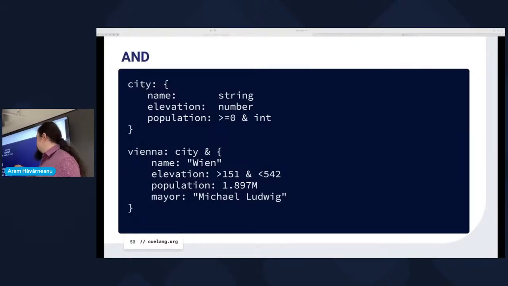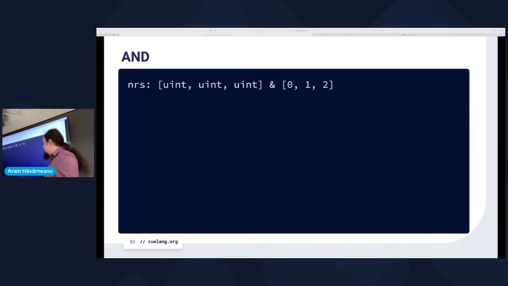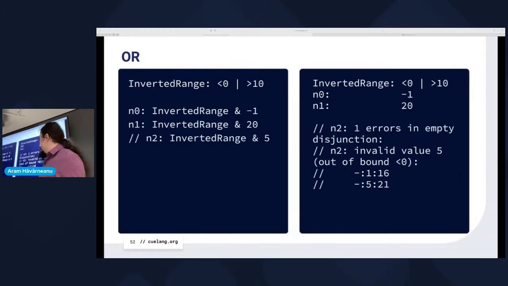If you look at elevation, previously we said that elevation is 190 meters, but we do not have to be concrete. Actually, maybe I only know that the elevation of Vienna is between 151 and 542. So that works also, because this range is also part of number. It is a subset of number, basically. So this works. You do not necessarily have to be concrete and get a single value. And it works also on lists. It works point-wise, basically element by element.